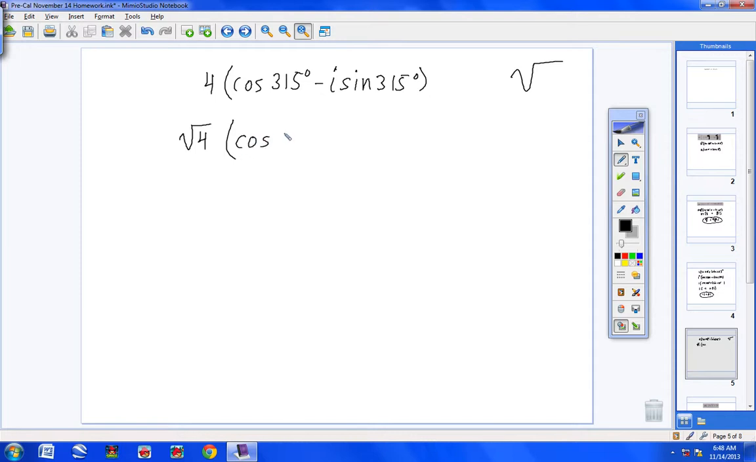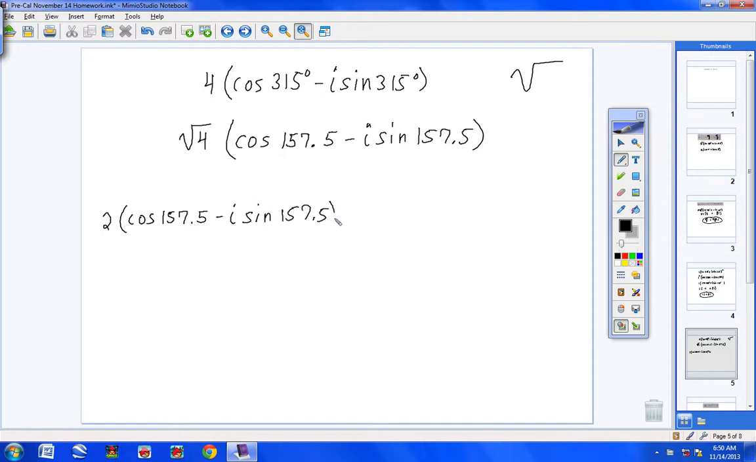315 divided by 2 would be what? 157.5. 157.5 minus i sine 157.5. Now, there's one more simplification I can do. The square root of 4 is 2. So I'm going to put a 2 here, and then cosine of 157.5 minus i sine